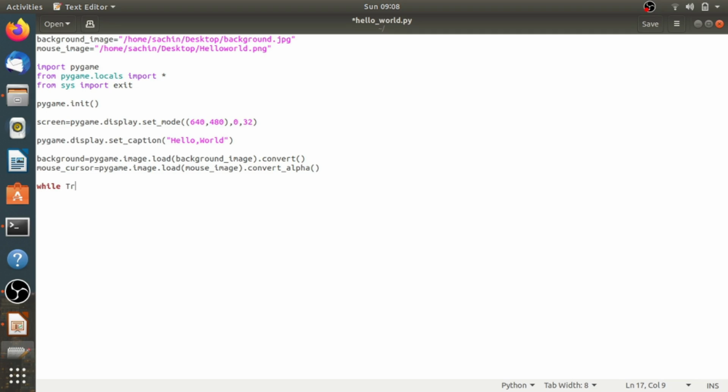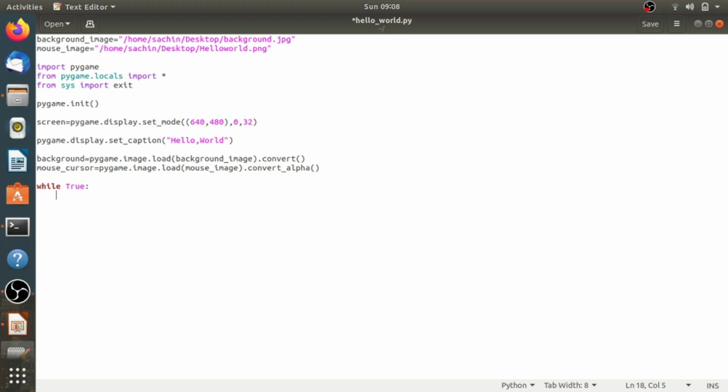Now let's write the main game loop. So while True. This while loop has True as a condition, which means it will loop continually until we break out of it or force it to exit in some other way.